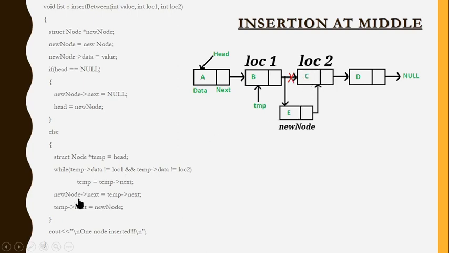Look here, I'm using new node points to next. That means here is where I need to bring the change. I need to bring the C address in this particular slot. Where I need to bring it should be at the left-hand side, and which one I need to bring should be at the right side. So new node points to next is equal to temp points to next. So this address will automatically jump over here.